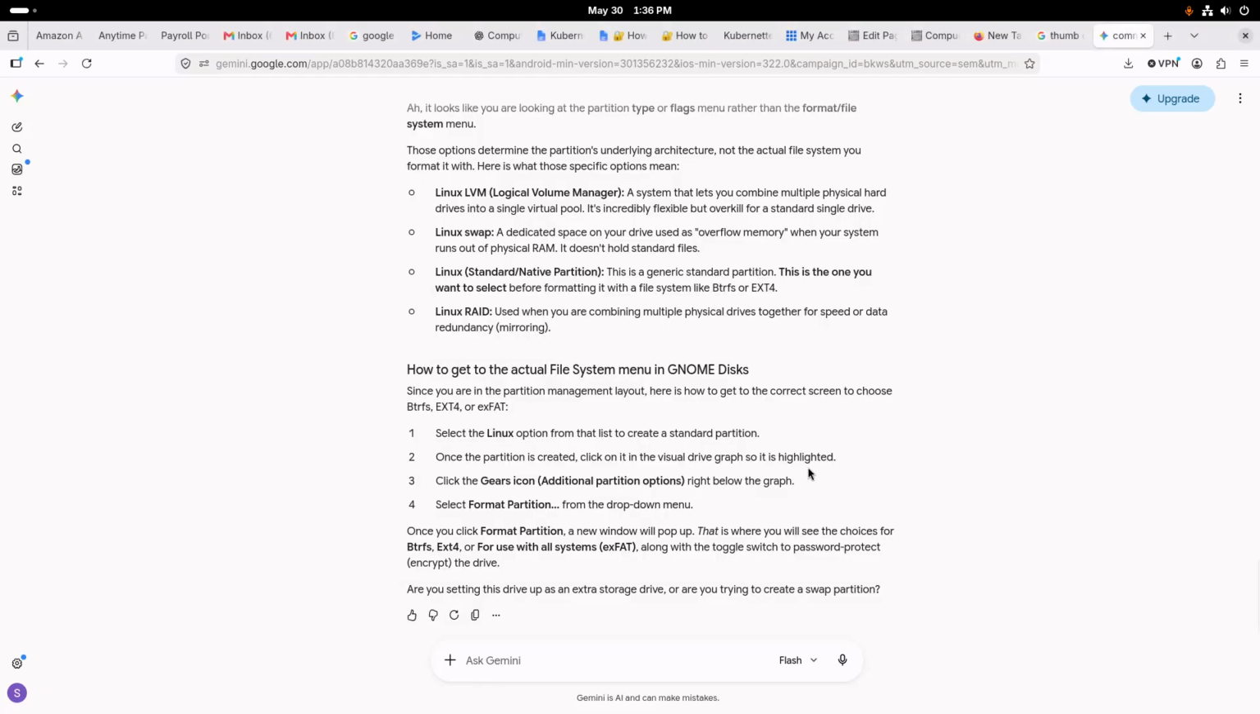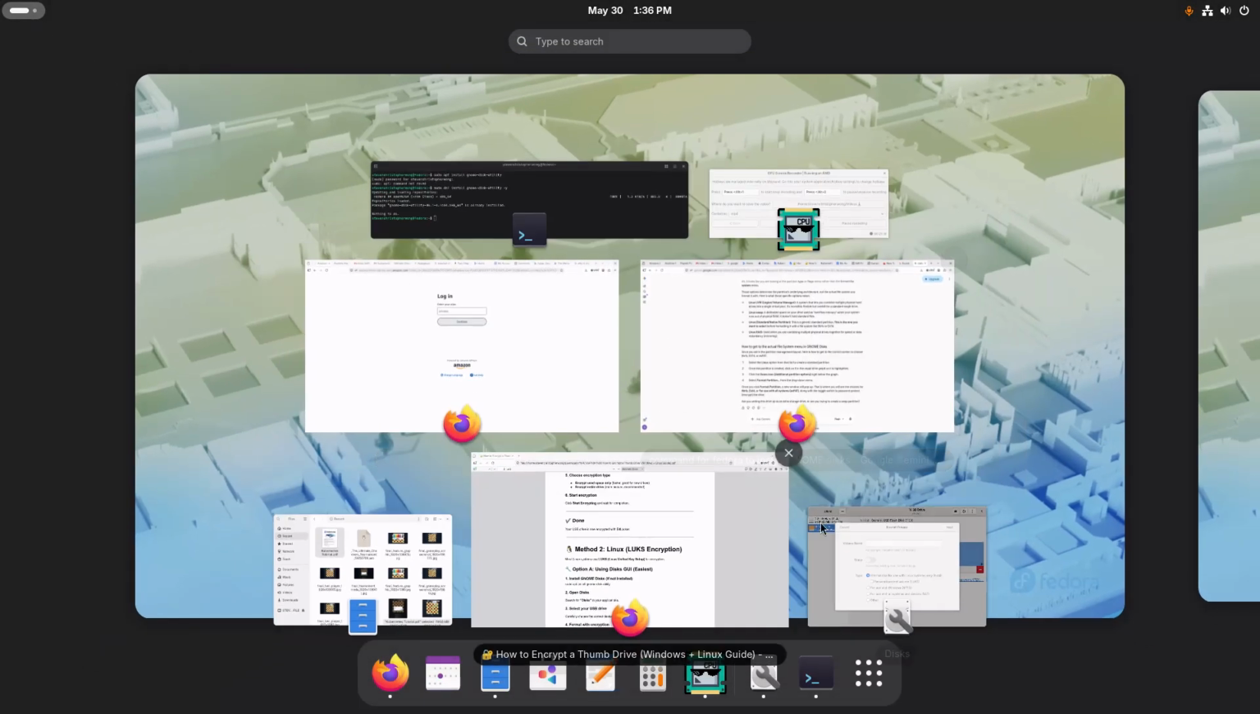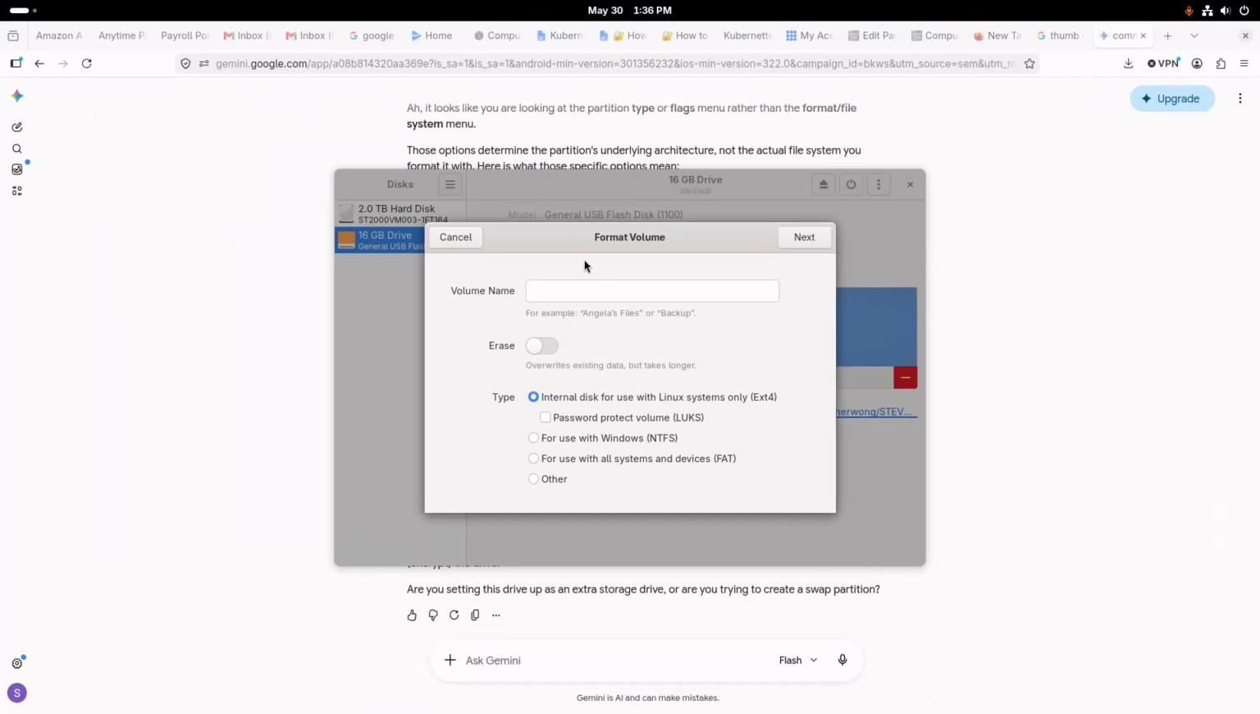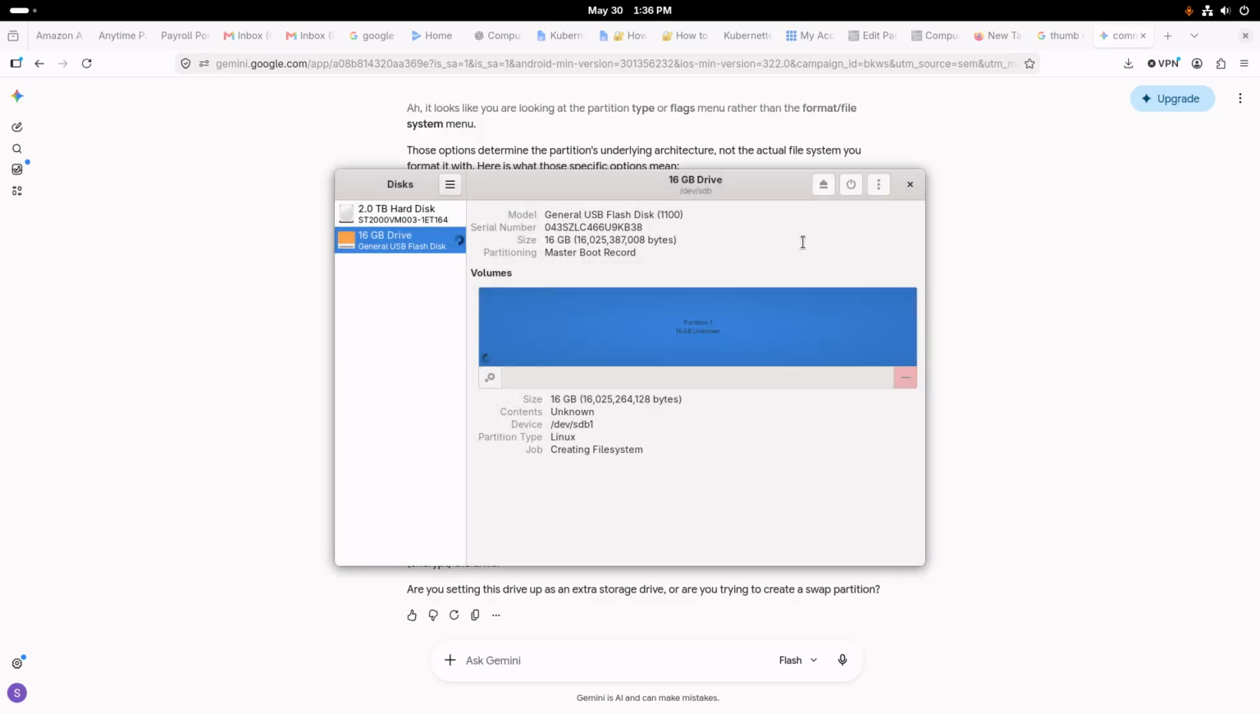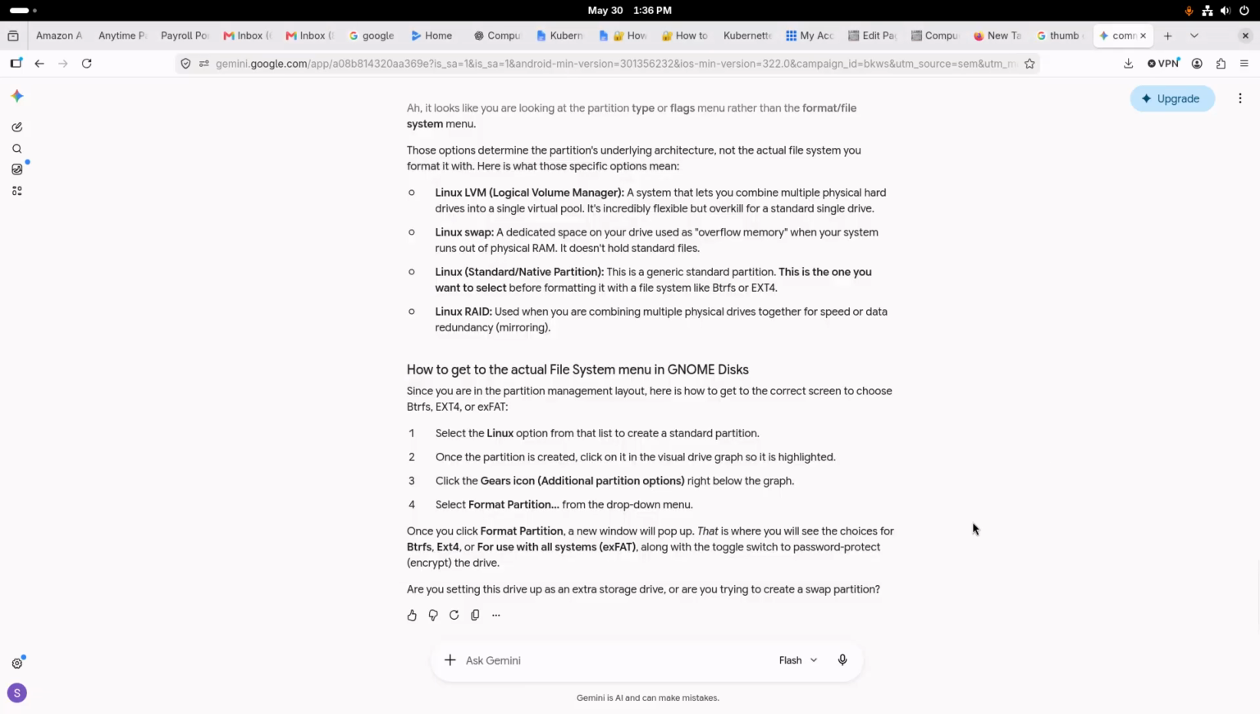Internal disk, Linux ext4. Yep, extension for Linux. There you go. ext4, and I'll name it Steven's file, because you can only put so much on there. Hit next. Format. So now it's formatting. There you go. So Linux is a little more complicated when you're doing it that way. So I named it Steven's file, and then going back to the